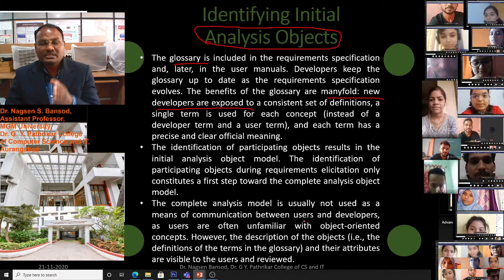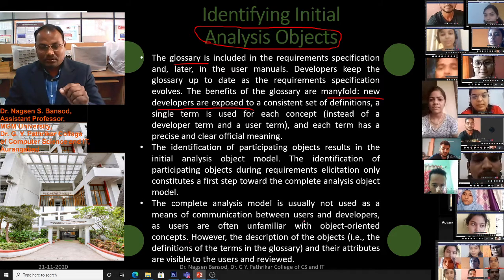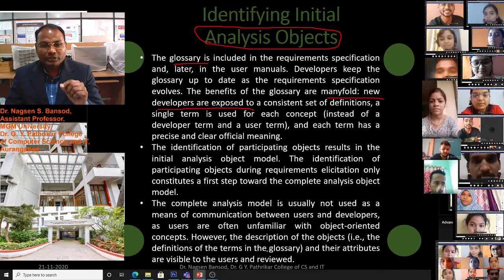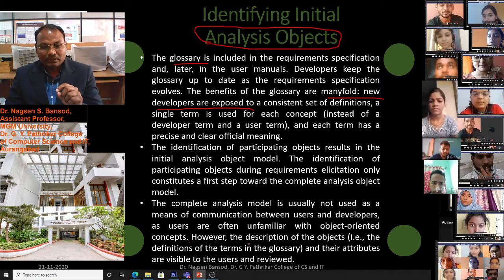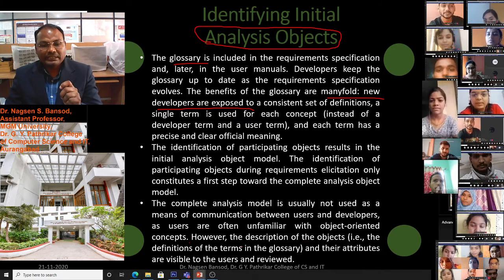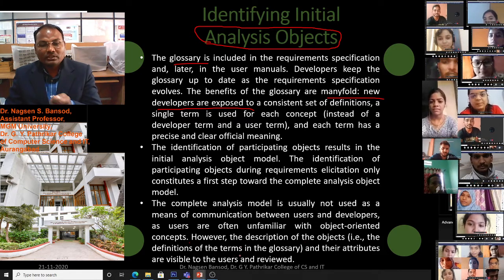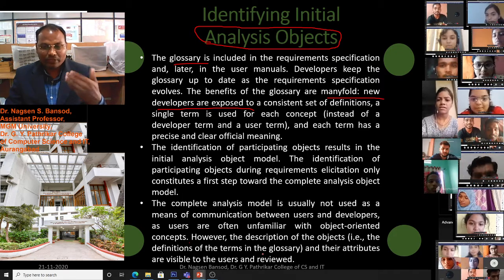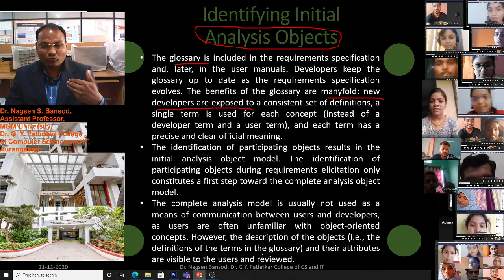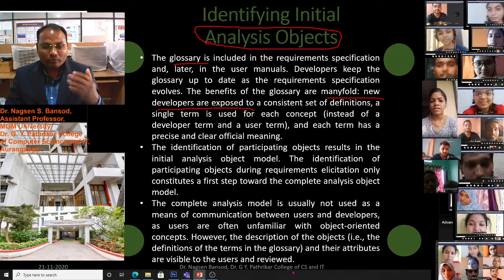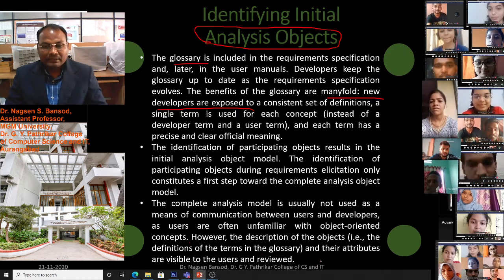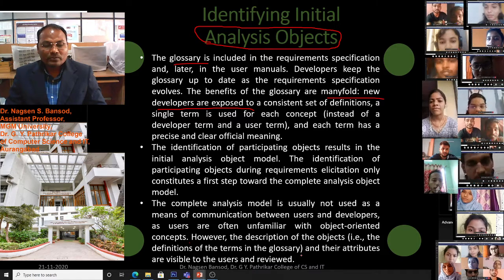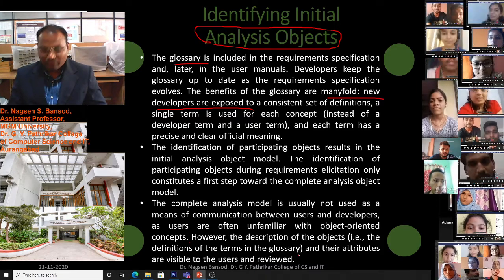We just take the objects and object-oriented concepts, the description of the objects, that is the definition of the terms in the glossary, from the requirements, from the information which we have acquired from the user, and their attributes visible to the user, and we have to review that.